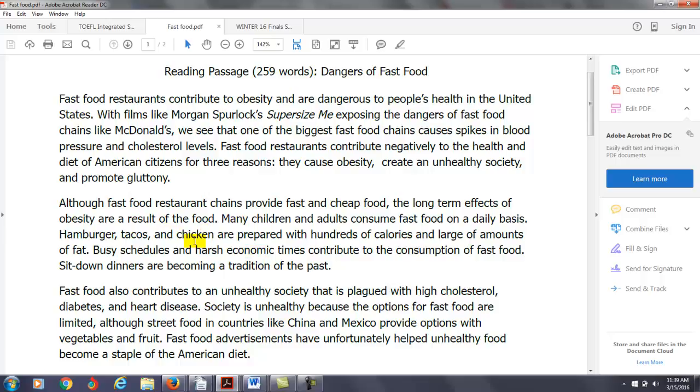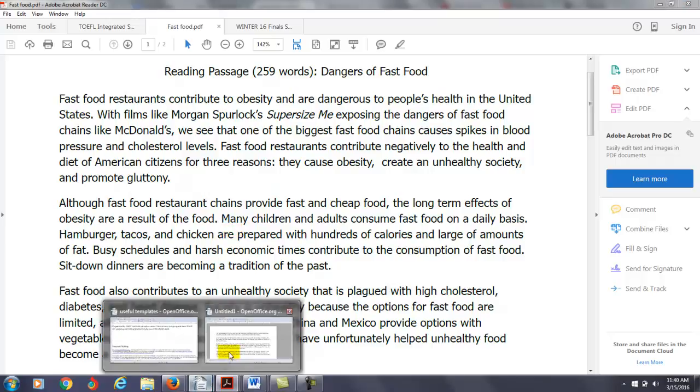So there's a lot of information here. You're basically stating the topic, I think, of the reading passage, but you're not giving any important details here. So we have to kind of look at some ideas here. So many adults and children are consuming fast food, and they're doing this because of their busy schedules and harsh economic times, right?